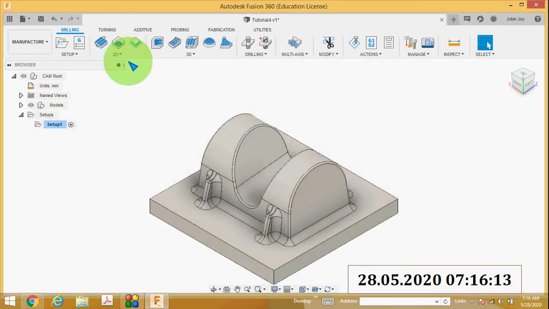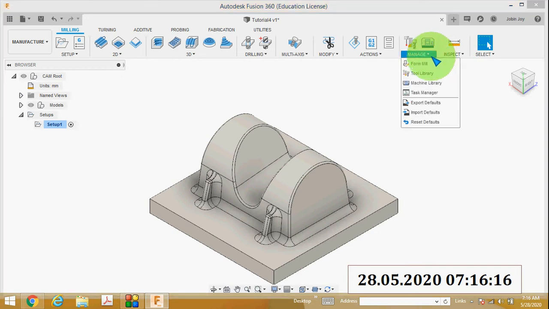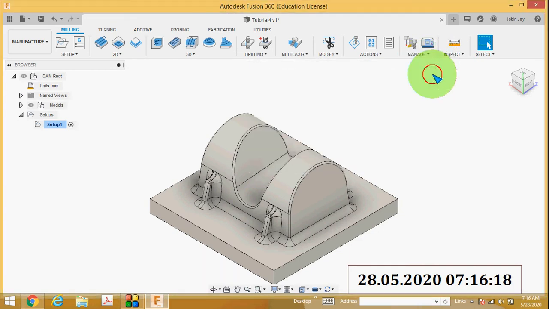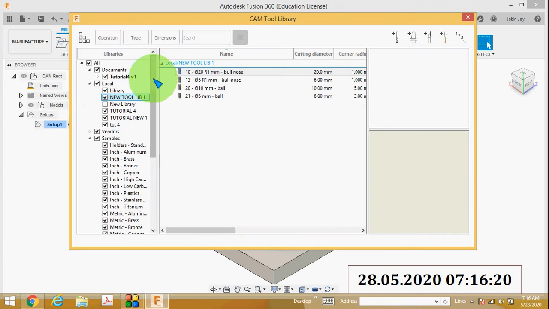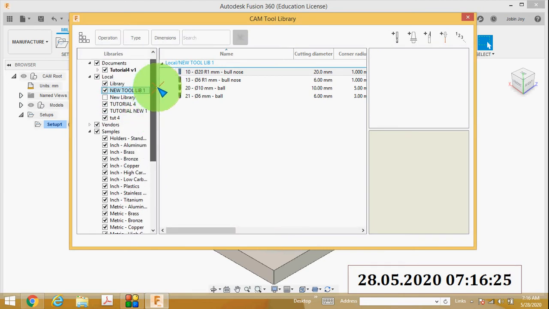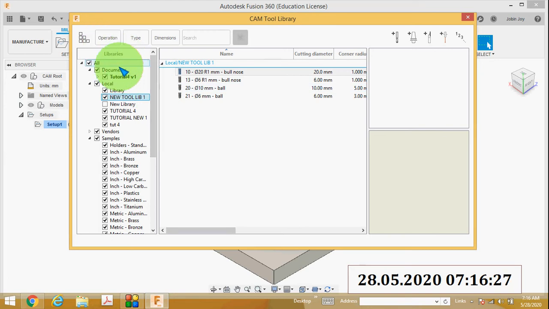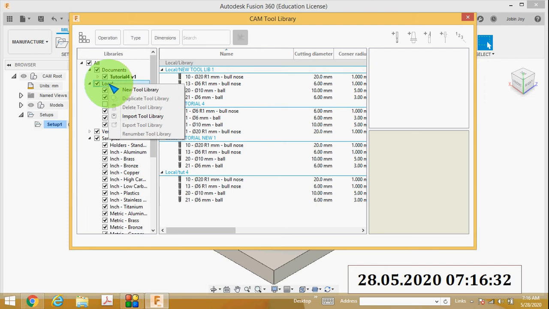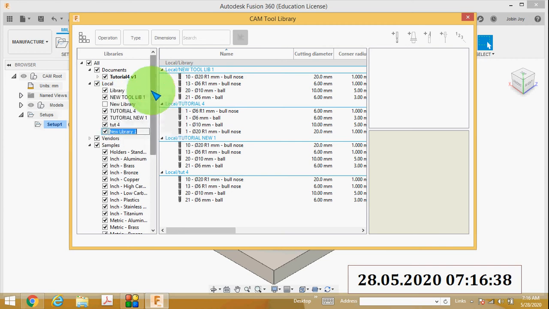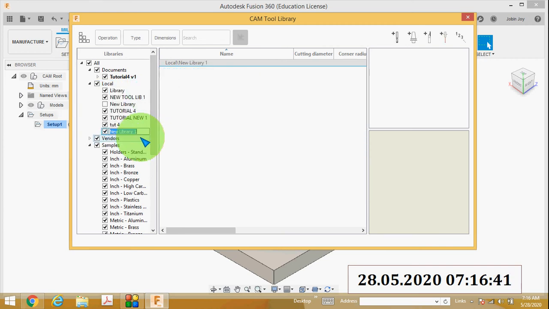Then next is to create a tool library. For creating a tool library, go to the manage tab, and then click tool library. Here on the left side of the library, you can see an option called local. Right click on this local, and then click new tool library. When you click new tool library, I will name this new library